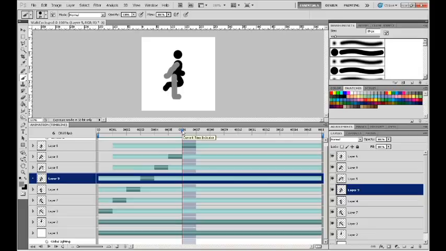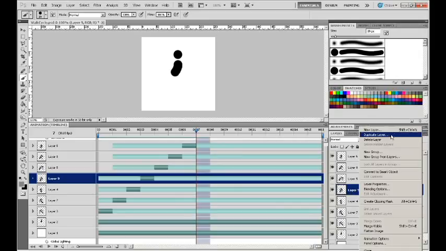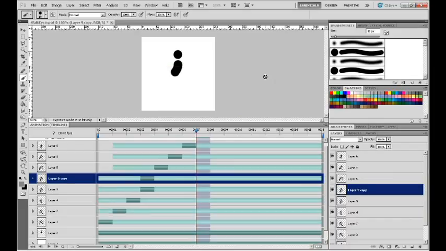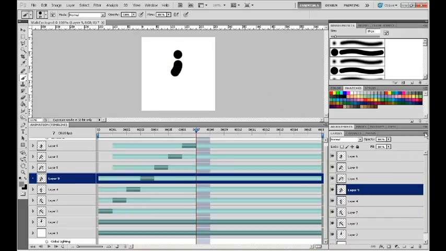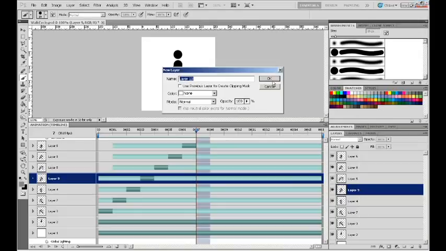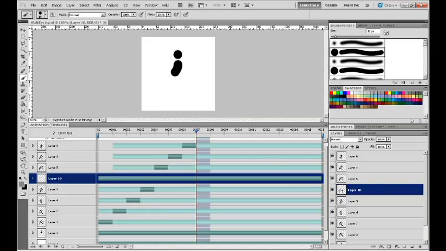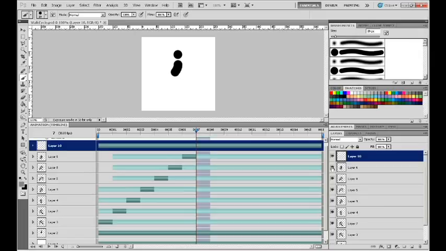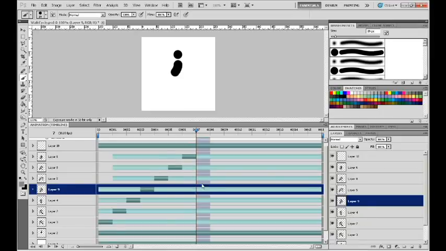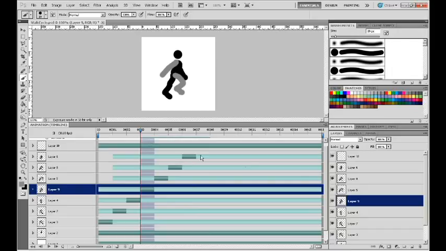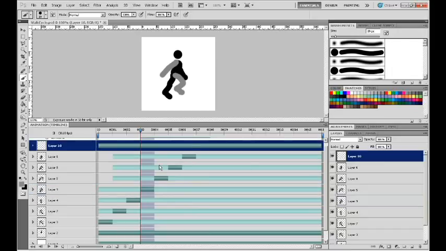So let's go ahead over here, excuse me, and we're going to duplicate this layer. Oops, I don't want to duplicate that. I want to create a new layer just like we did before. And then what we're going to do is put that into position. And I'm going to, let's see, this is the new one. So I'm going back to this one that we just created. I'm going to my new layer, and I'm going to